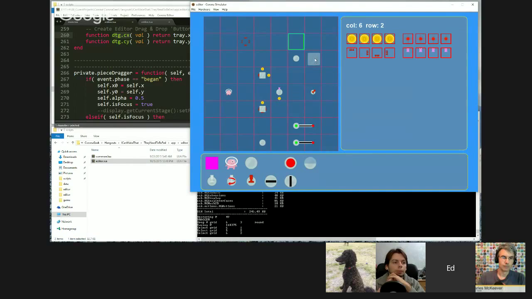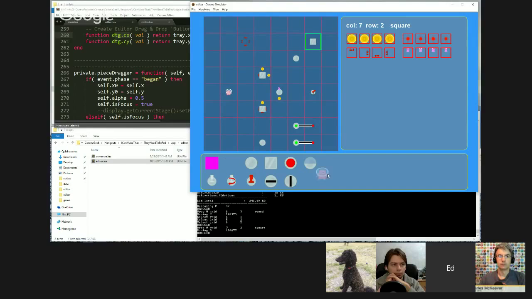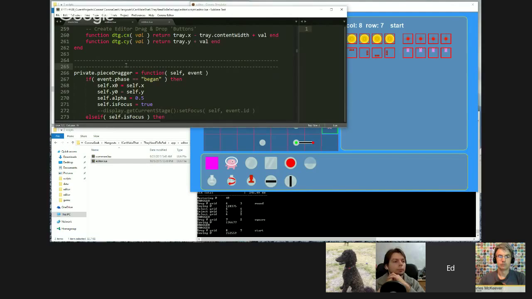So I want both touch handlers to fire when I drag and drop over the screen. So the easiest way to do that was to write this touch handler so that when it ends, it sets a variable and says, you just let go of this piece, the square, or you just let go of the start piece. And it stores it in a variable, which I pointed out at the top,